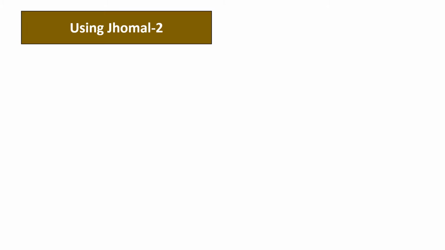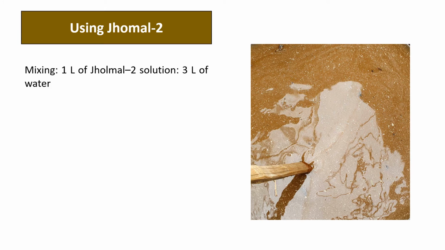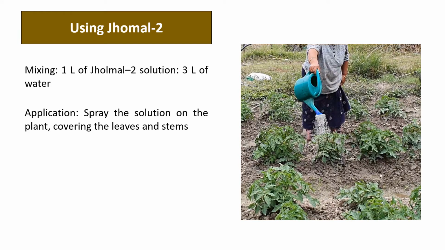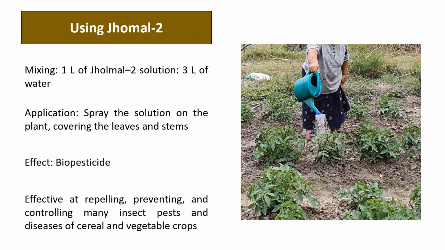Using Jholmal 2. Dilute 1 liter of Jholmal 2 solution in 3 liters of water. Spray the diluted solution on the plant, covering the leaves and stems. It has biopesticide effect. It is effective at repelling, preventing and controlling many insect pests and diseases of cereal and